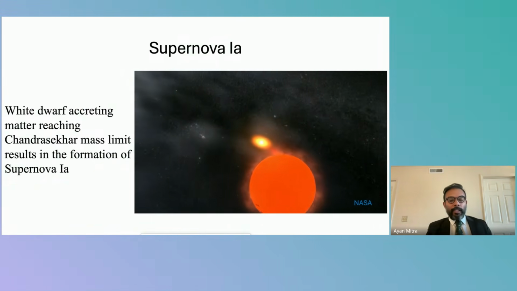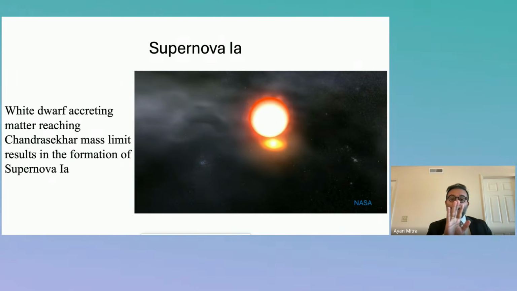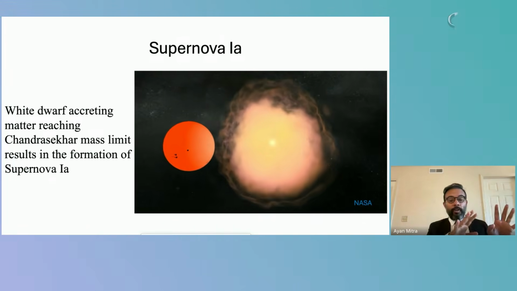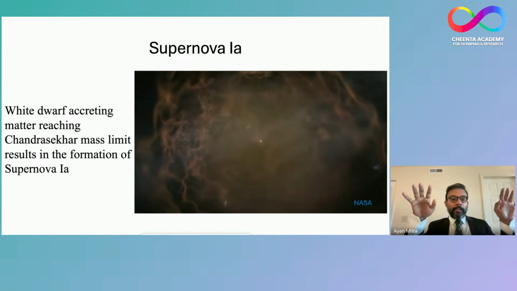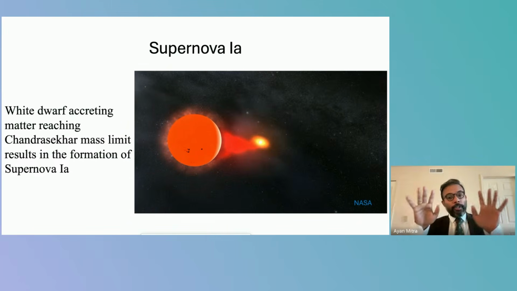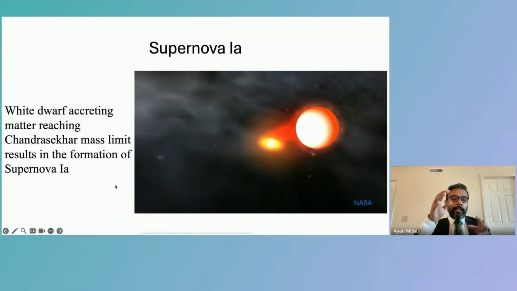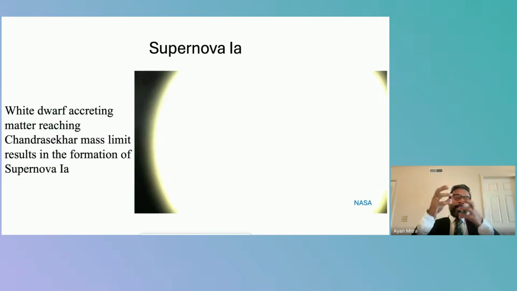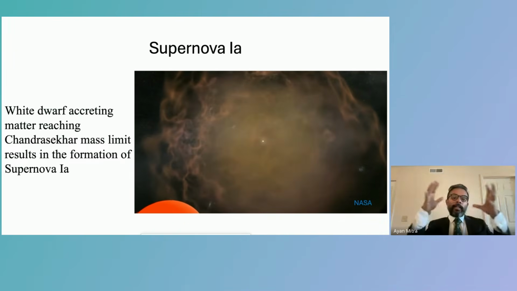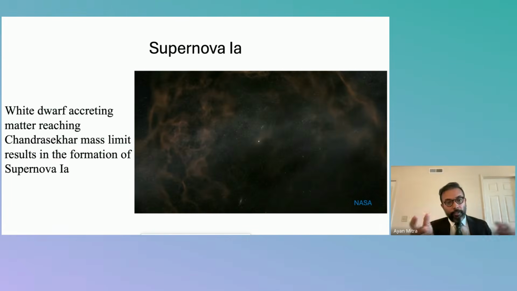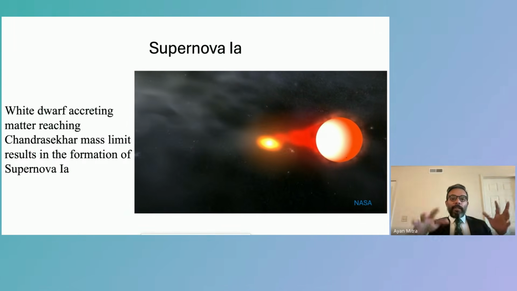There's a wonderful animation from NASA which shows how type 1A supernovae are actually formed. Supernovae have various categories: core collapse and non-core collapse, with many subcategories, and then there's supernova 1A. We're interested in 1A. Here's an animation. Basically, you have a white dwarf accreting matter in a binary system. It starts pulling matter from whatever is near it, and then it reaches a limit named after the great Chandrasekhar, and it cannot sustain itself anymore. It bursts out, like you see.